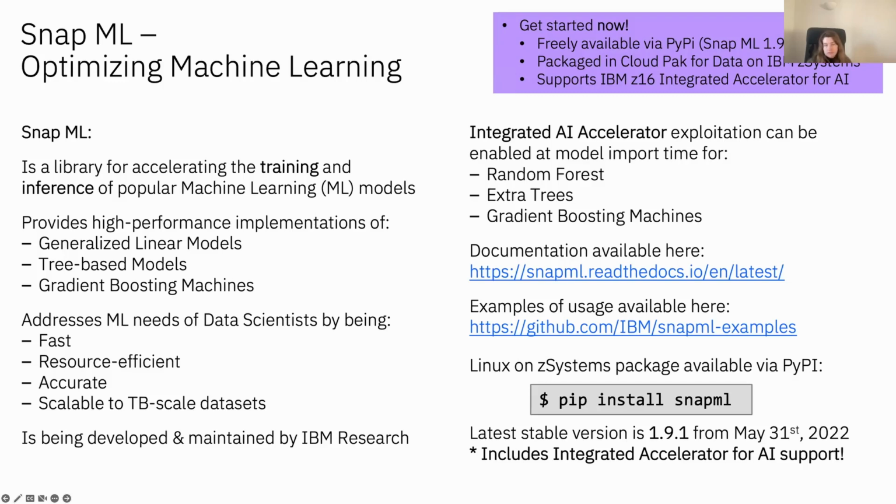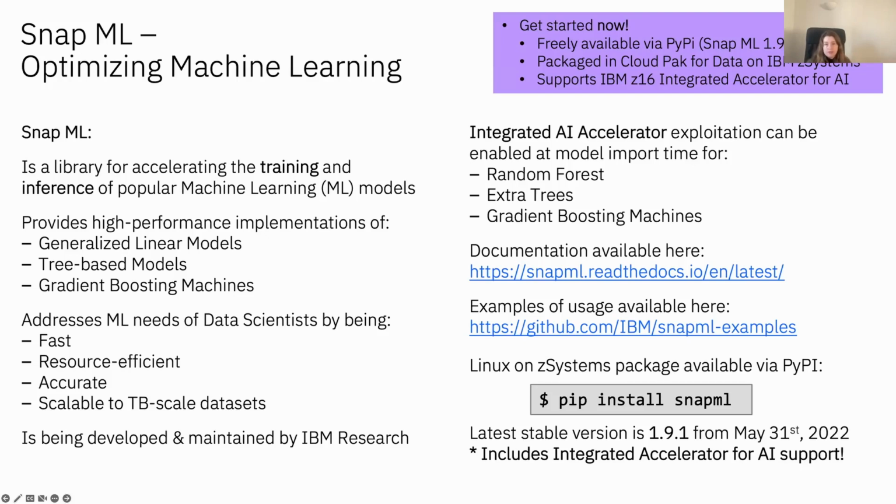So basically, using the combination of those two capabilities, SnapML and the AIU on z16, you can train and inference your models on Z in a very fast and accurate manner. You can use pip to install SnapML,